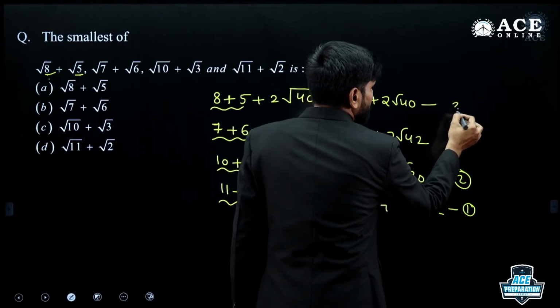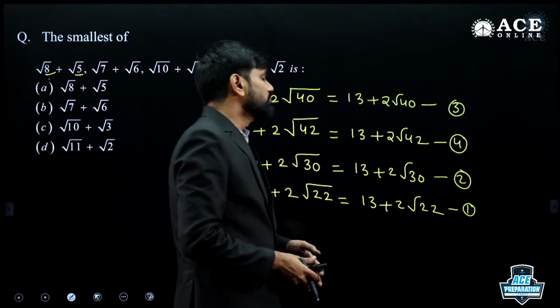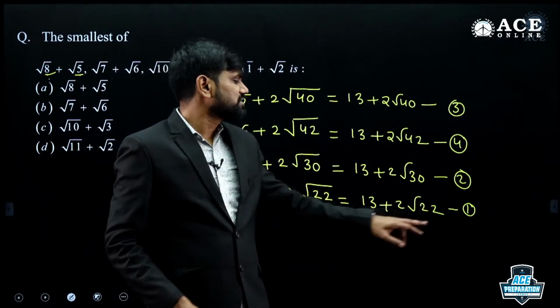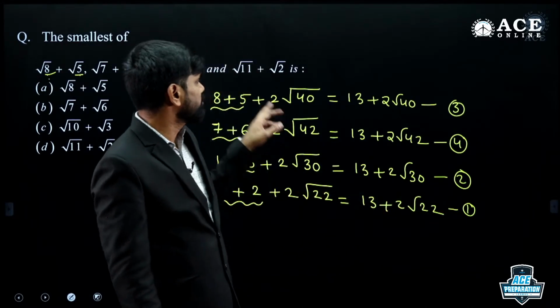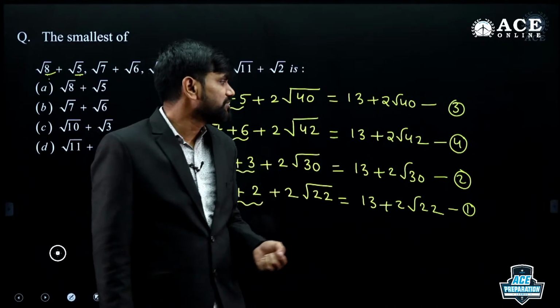This one, 40. Fourth smallest is what? 42. So which among the following is the smallest? Smallest is this last one, that is going to be what? Root 11 plus root 2. Which of them is the highest? That will be what? Root,